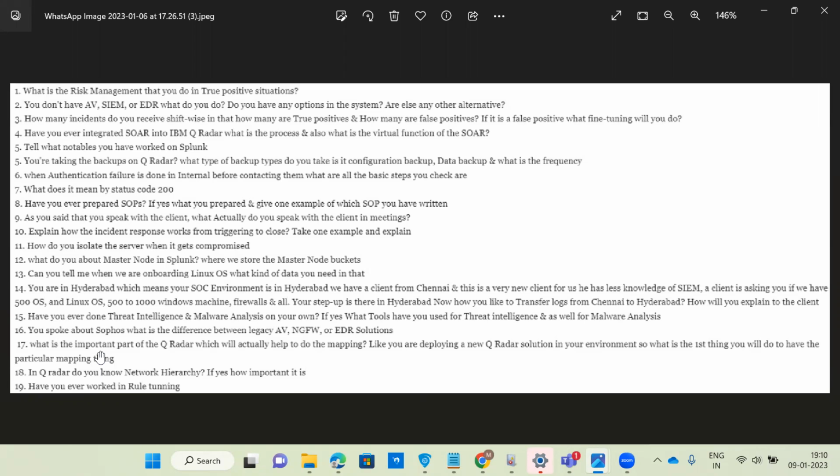In that correlation rule, I gave the reference set option after creating the logic. Rule action. What about rule action? After that, what will be there? Rule response. Rule response will come as a